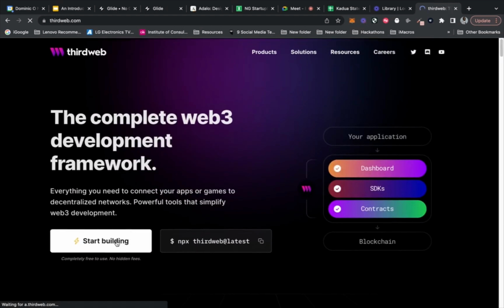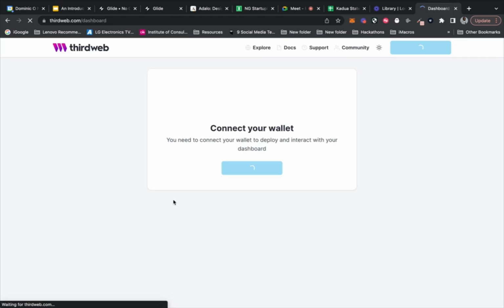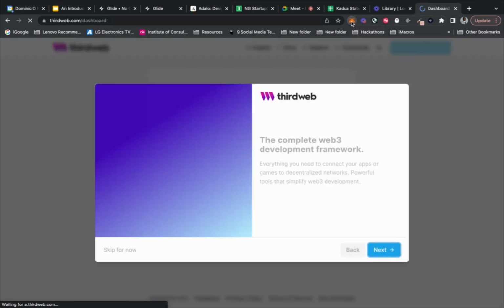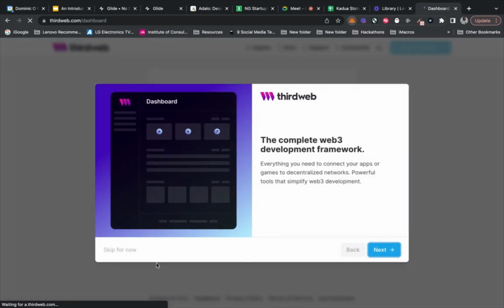If I actually log in, if it's going to take too long for me to connect, I might not.